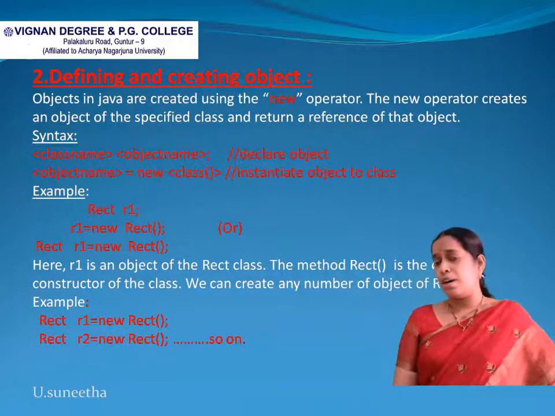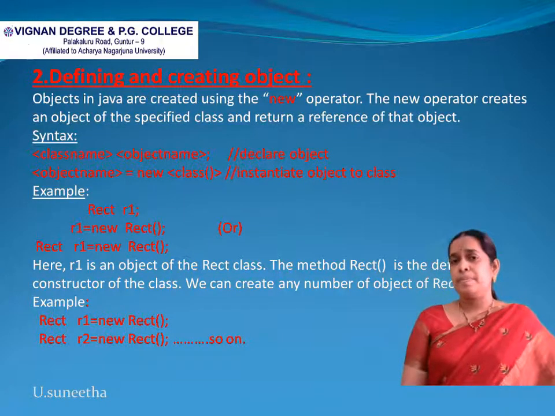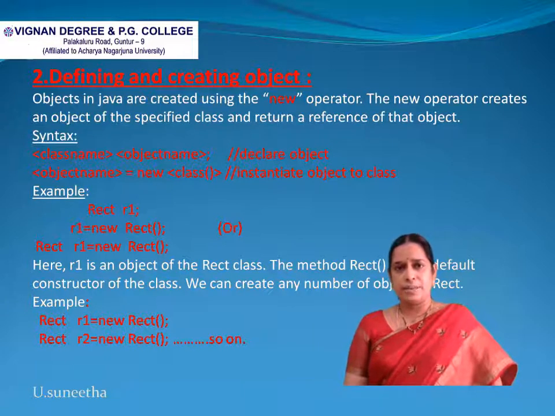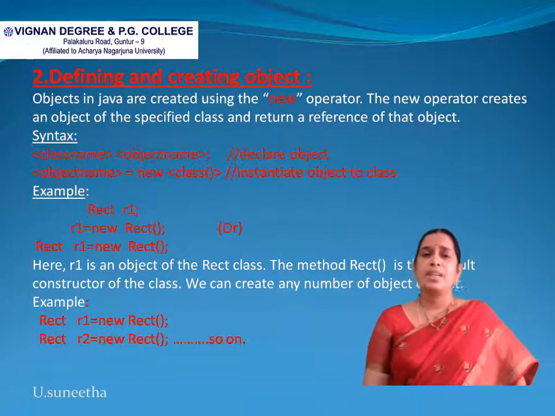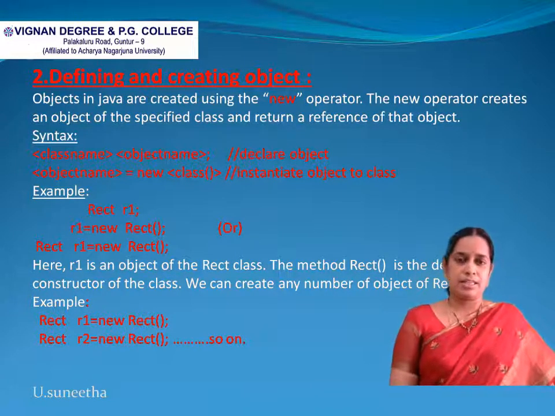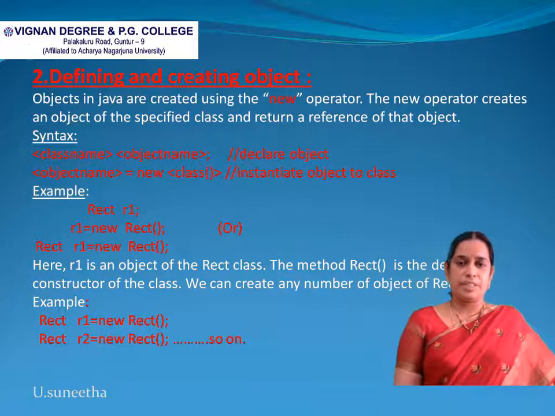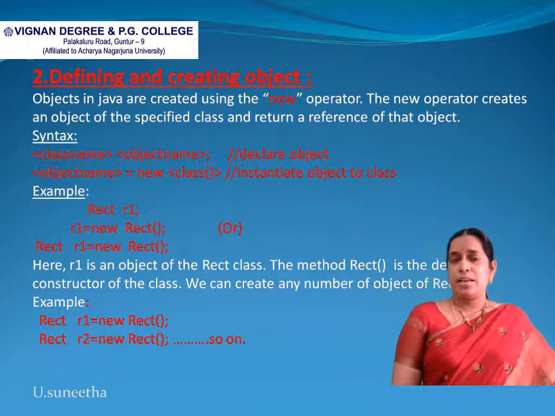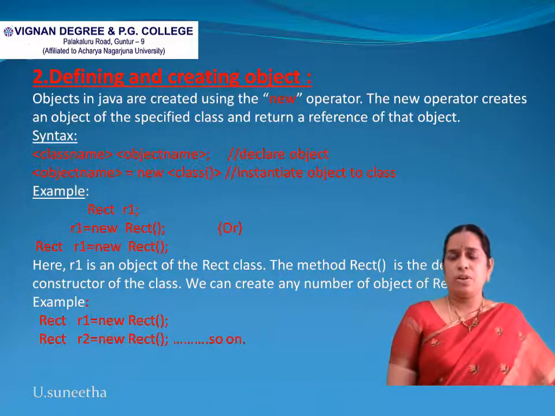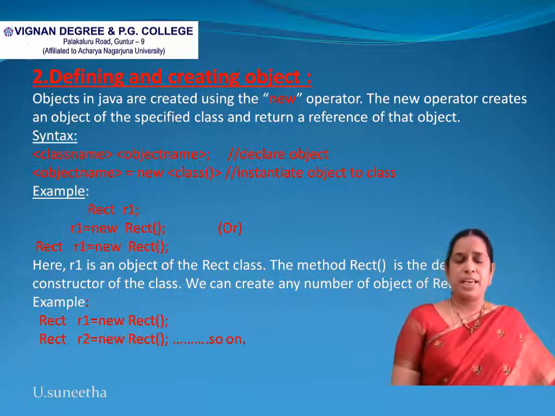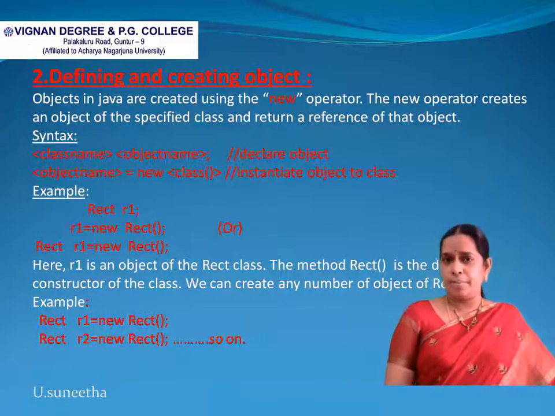Next, moving on to how to define and create an object. First of all, what is an object? An object is nothing but a variable of the class, and in Java we can create objects by using the new operator. After creating the objects only, space will be allotted for the variables and methods. So the syntax for creating the object will be like this. First, class name, you have to give some space. Next, object name is equal to new class name, parenthesis open close, and put a semicolon at the end. Based on this syntax, we can create any number of objects.